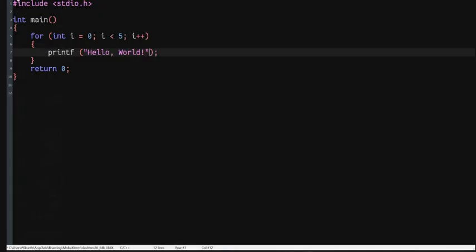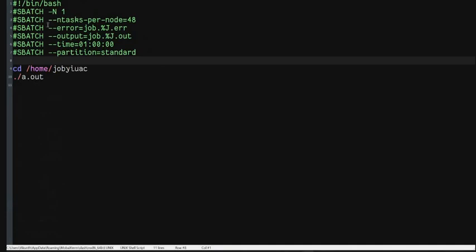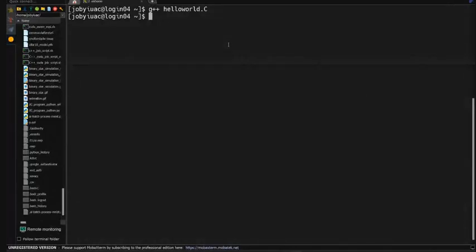Now instead of just running this file, I will run the job script to execute the executable. So let's do sbatch, and then I have the C++ underscore job script.sh. Let's see, submitted batch job